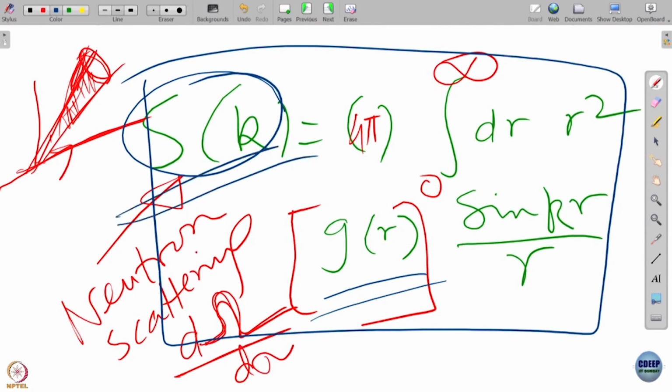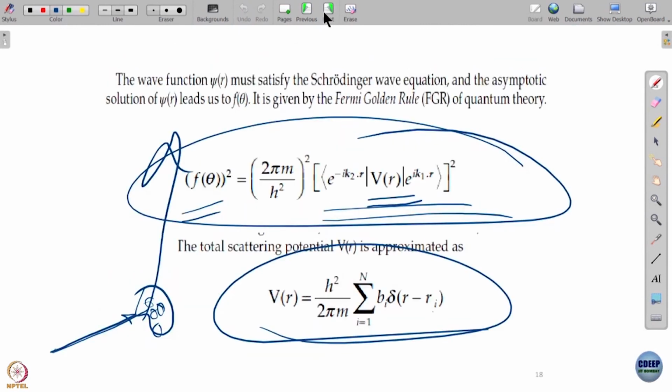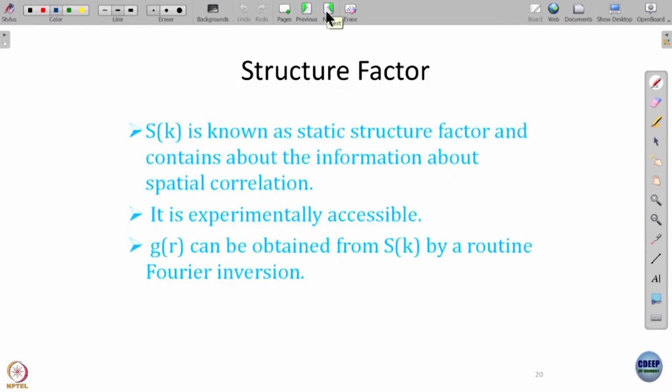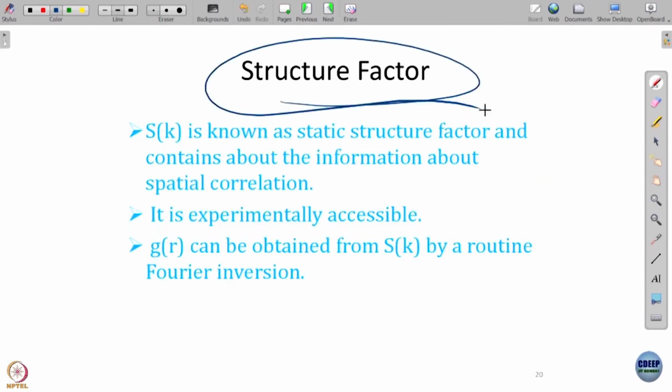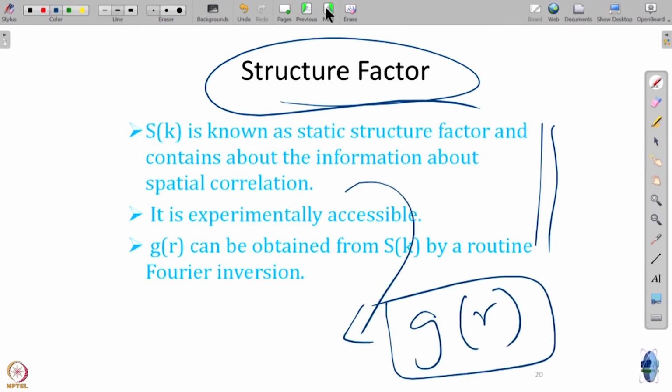So you know S(k) from neutron scattering, and then we can invert this Fourier transform and get g(r). S(k) is obtained from neutron scattering by the following fairly trivial manipulation. This is measured experimentally, which directly gives S(k) once you know this parameter b. That is known as the static structure factor, and this gives the correlation, and we just showed that this gives g(r), the most important quantity, not just in liquids but in glasses, in materials and everywhere else. That is what a huge number of people are measuring in neutron scattering.